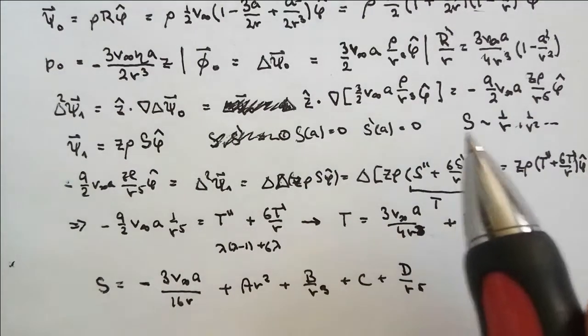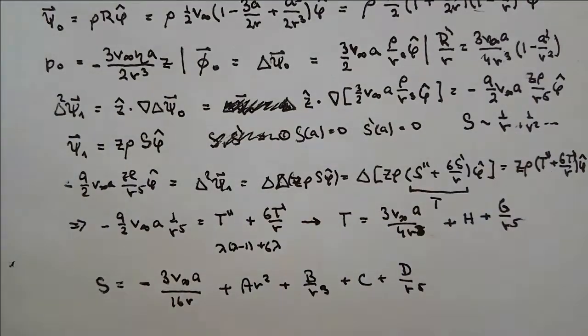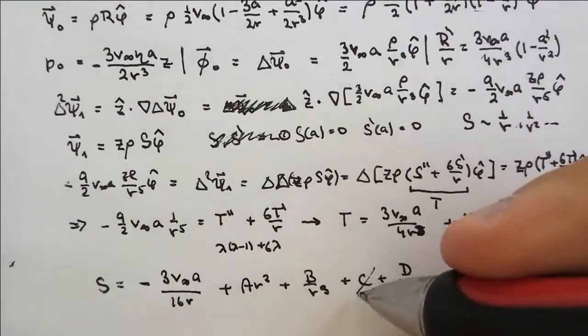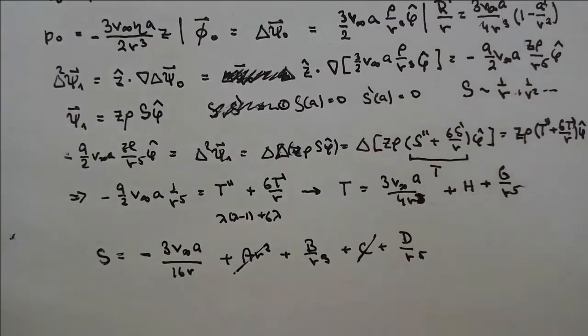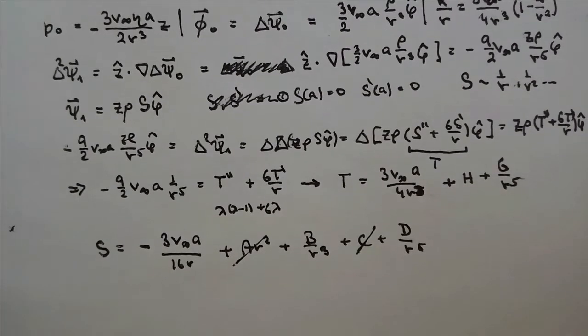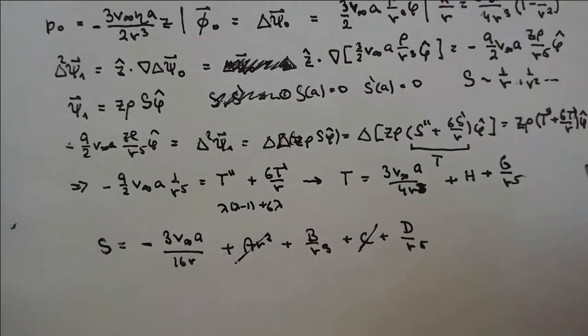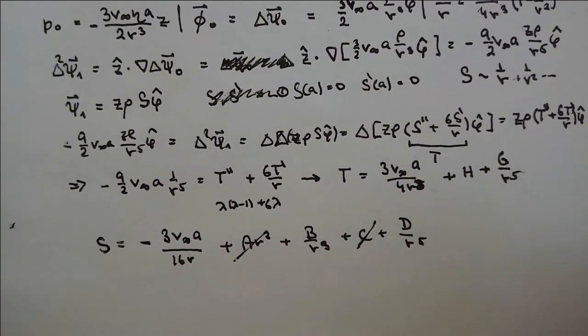As we've mentioned, s cannot be a function of r, so this should be 0, otherwise the pressure will blow out and everything will blow up. So this cannot be also, because it's r squared. So this is only these. Oh, there are only two constants, b and d. Oh, we are very lucky. We are very lucky, because if we have just two constants, then the solution is very easy to find, because